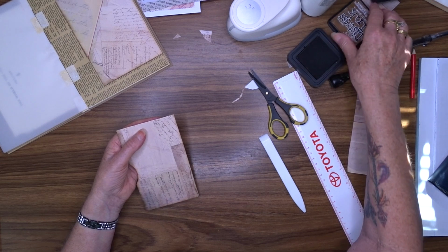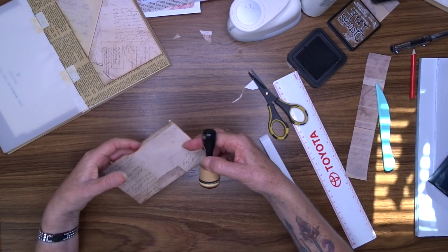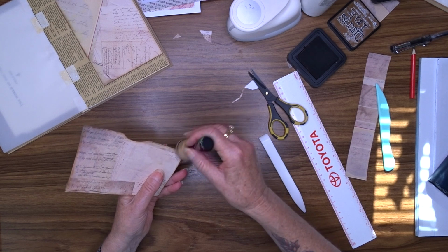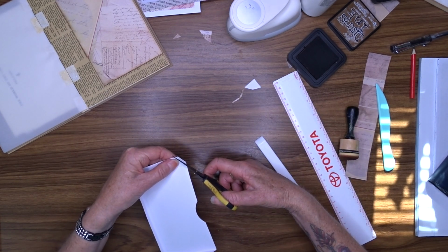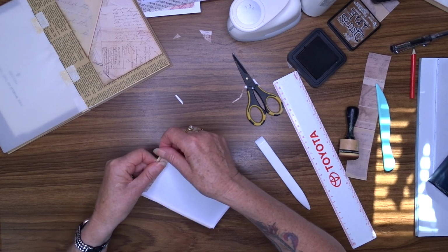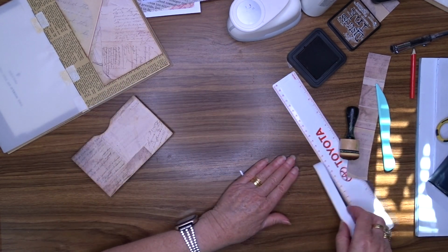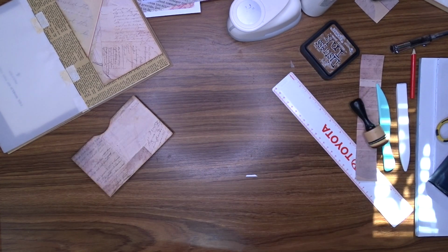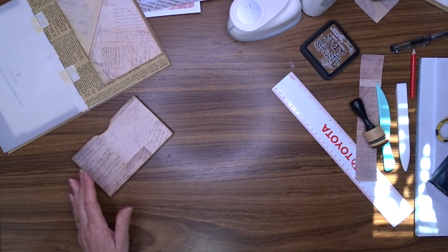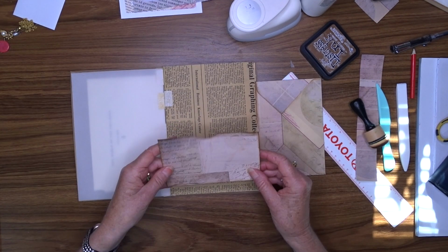So there's generally a way around everything with junk journaling, and if something doesn't quite fit or you cut it in the wrong place, you can generally save it, unless it's pretty catastrophic. Then you might be a bit hard pressed. Okay, so